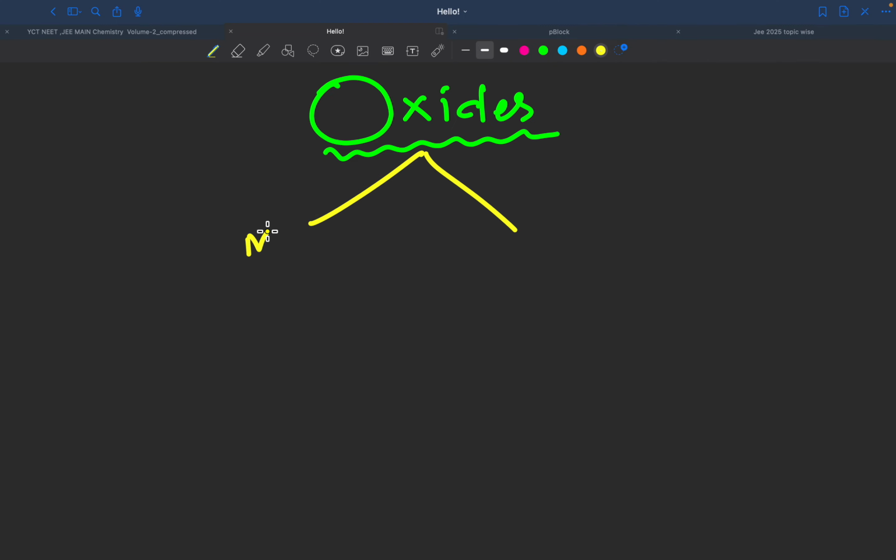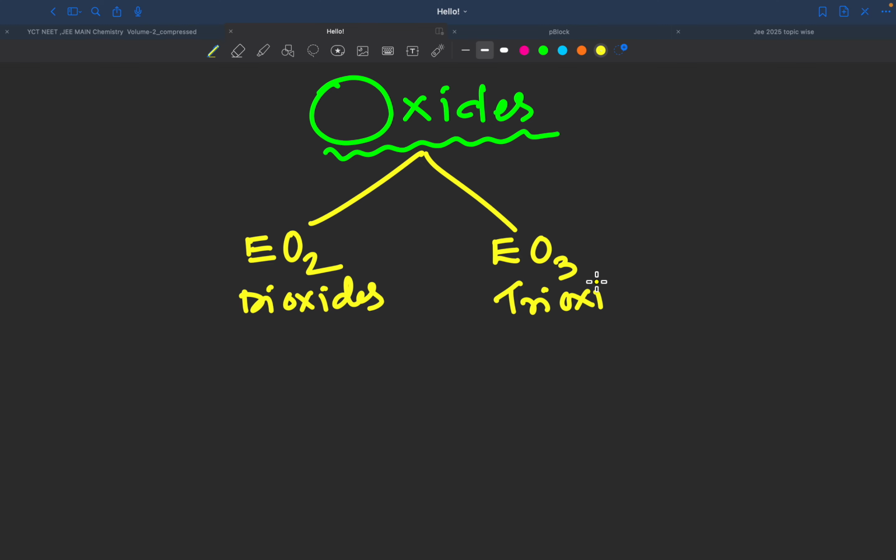One is EO2 type of oxides, he mentioned it as E, right? So EO2 type of oxides, EO3 type of oxides, right? So these are called dioxides, these are trioxides, right? So dioxide example em cheppandi, SO2,